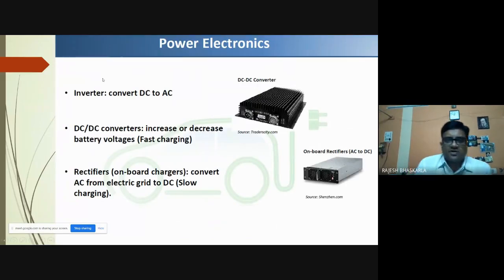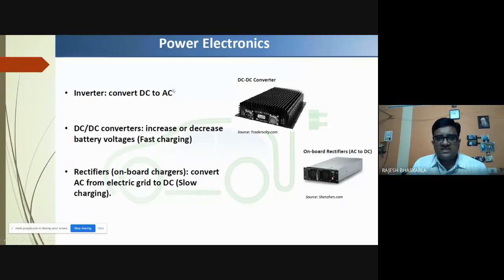And here these are the power electronic equipment. Okay, a DC-DC converter. So this is from a vehicle. Okay, this is the DC-DC converter which is used in electric vehicles. So what is a DC-DC converter? A DC-DC converter converts DC to variable DC. Battery gives fixed DC supply, but that fixed DC supply needed to be varied depending upon the torque and speed requirements of the motor. Okay, so what is an inverter?